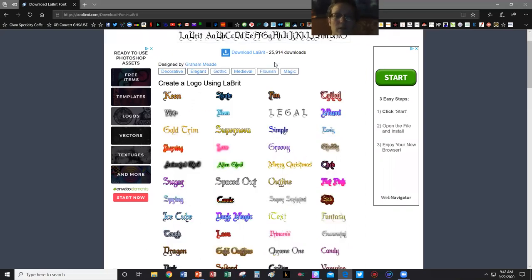So once I've picked Librit, and once again, you can download the font, so that helps branding all the way through, as long as the computer program or app can access your font files on your computer, then